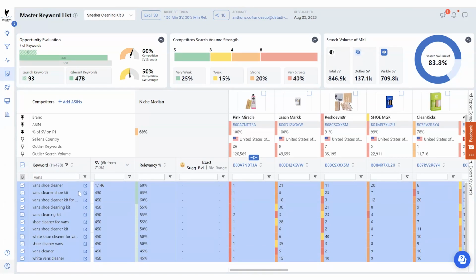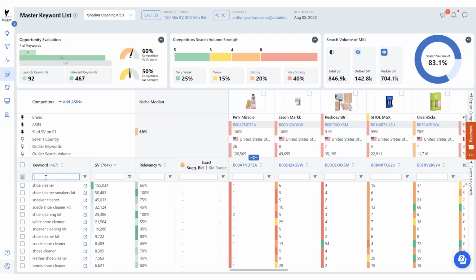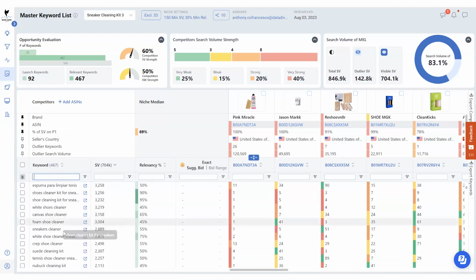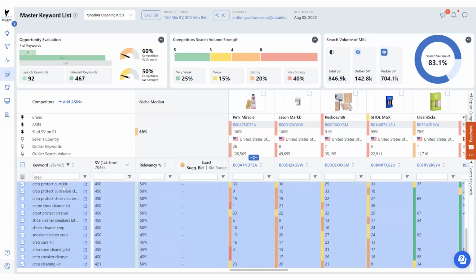What I want to be sure of is that in the end, when I see these relevant keywords, every single one of them is in fact relevant to the product that I'm trying to sell, right? If you try to do the analysis while keeping non-relevant keywords or branded search terms in here, it's going to mess up some of the other parts of the tool. So this is a really important step. It just takes a few minutes. I know crepe is one that shows up a lot, 25 keywords related to this brand name crepe.